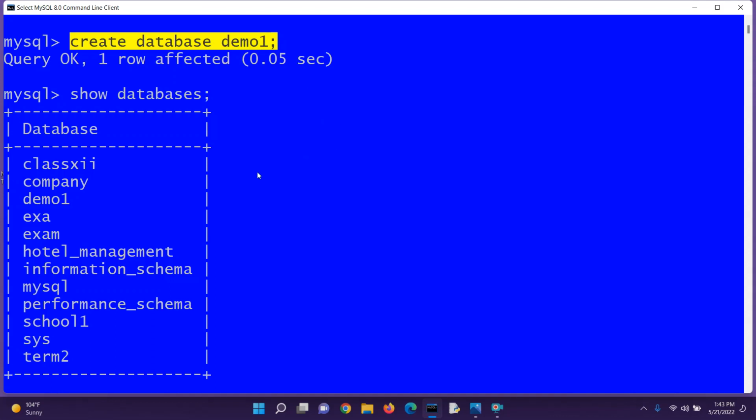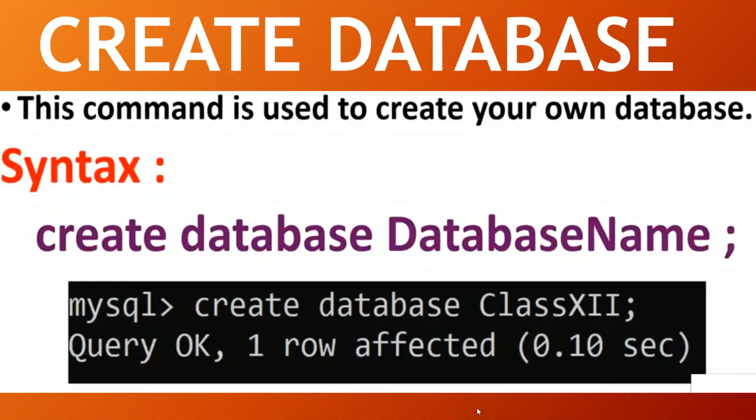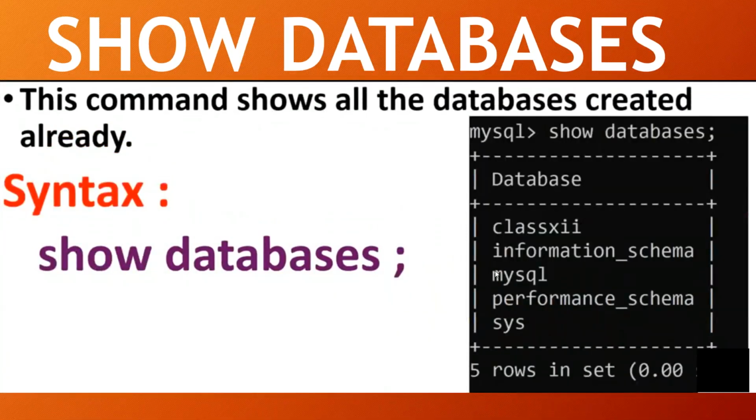If I wish to see now what is inside demo1, then the next command that you need to use is your use command. We have already seen the purpose of show database. What will it show you? It is going to show you all the databases which are created. So show databases. Now the confusing point in this is many a time students think that if I am